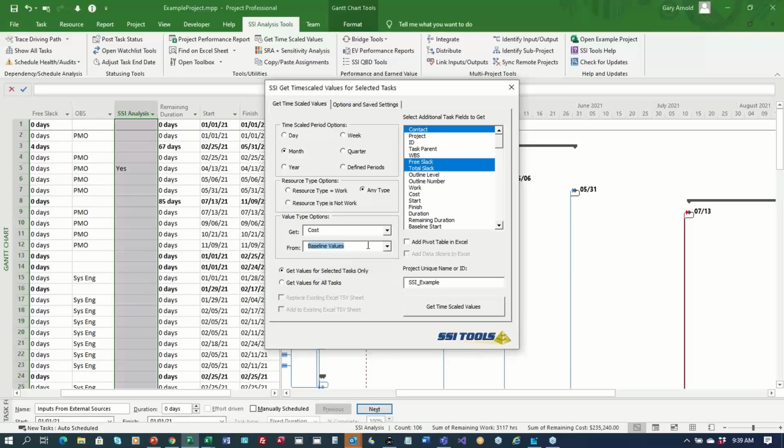You could ask for baseline values, any combination of these things. I'm going to get work, and I'm going to get my remaining work values, and I'm just going to go ahead and run that,